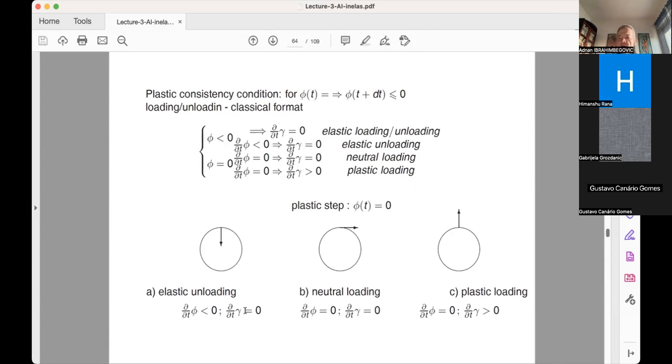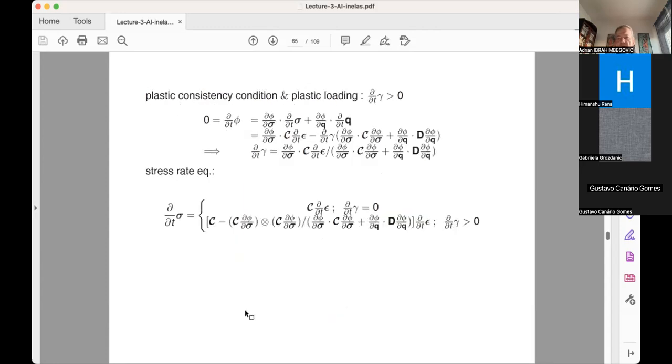Plastic loading will be if you start extending the circle. And then here you have some kind of in-between case, which is neutral loading, where you can be tangential, and so on and so forth. Then the computation of your elastoplastic modulus again follows from a consistency condition, namely you go with a plastic case